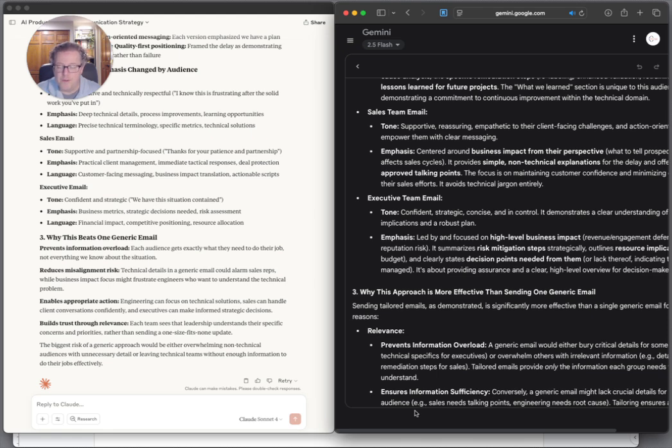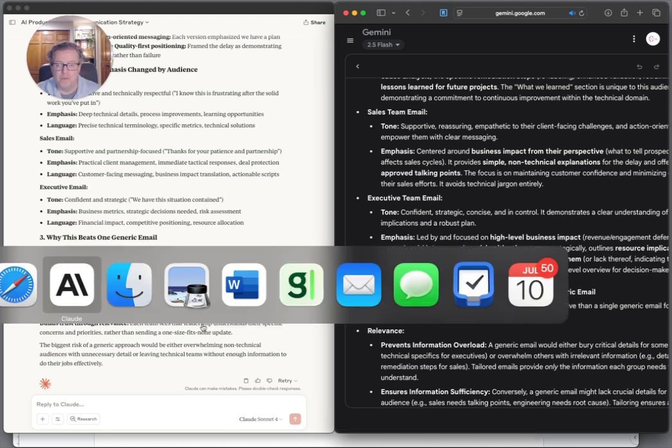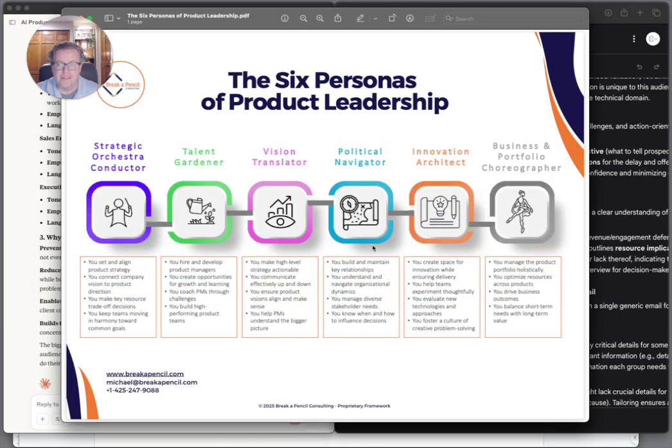So the next time you've got any stakeholder communication, whether it's good news, bad news, whether it's a delay or whatnot, put your Political Navigator hat on and think about how you can use AI to tune the communication for each of your different